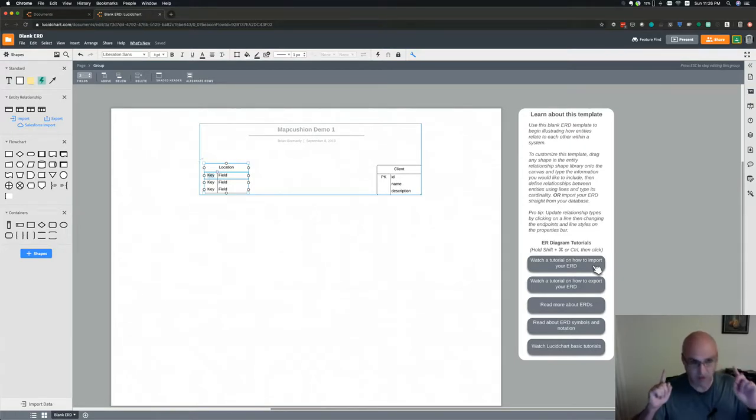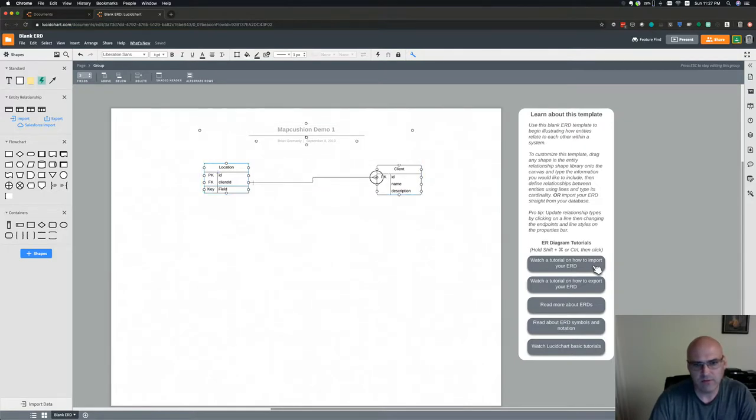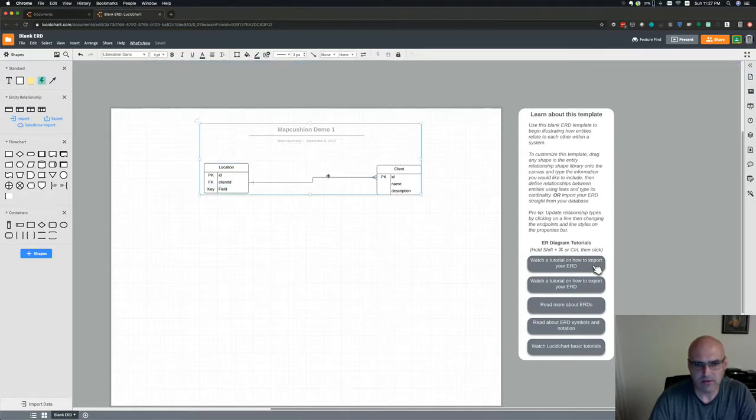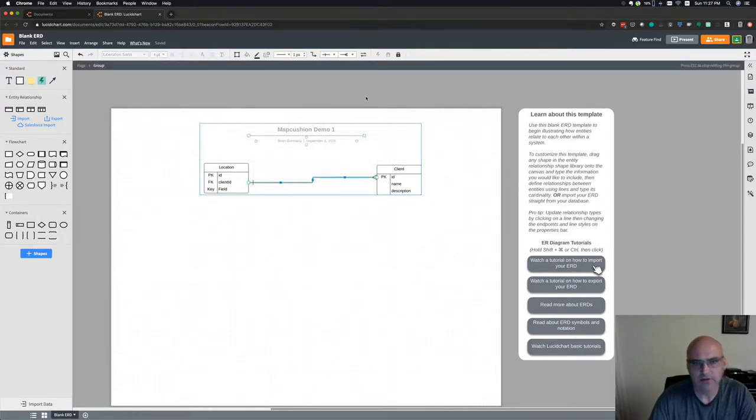All right, so our more generic location. Again, I'm sticking with my surrogate keys. You can do whatever you want here. I'm going to have that ID there for that one. I'm also going to have a client ID here. Now, let's go ahead and draw this right now so we don't forget. I guess I just flip it this way. Probably should have just dragged it the other way. It would have been easier. Come on, let me click on the line. There it is. So we want to flip these because